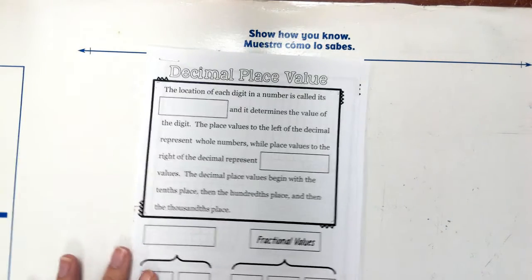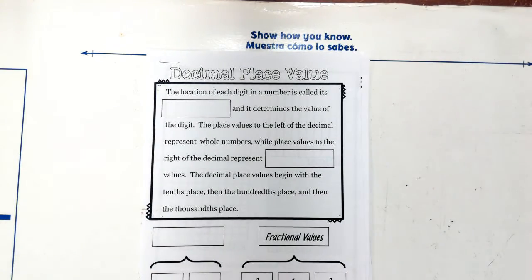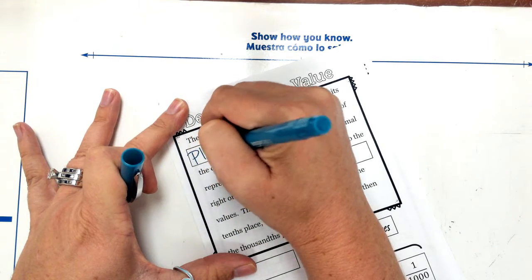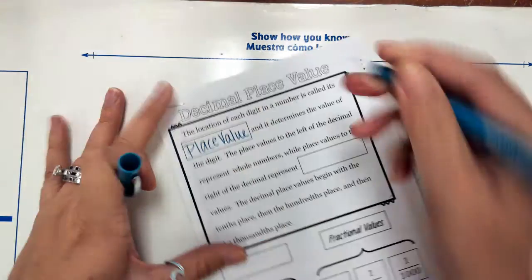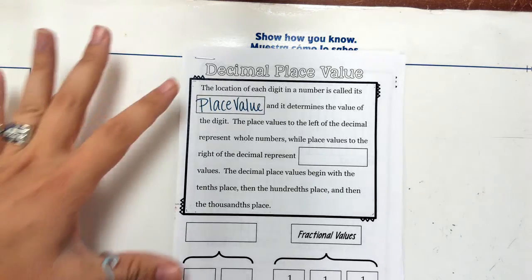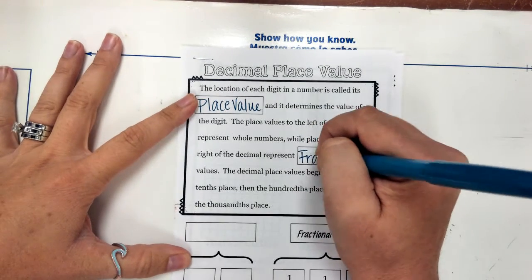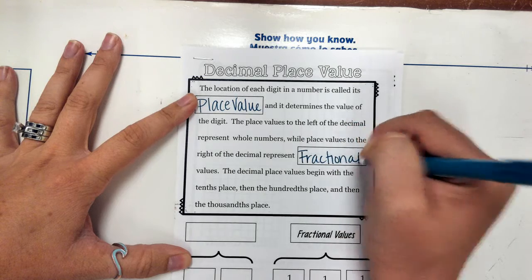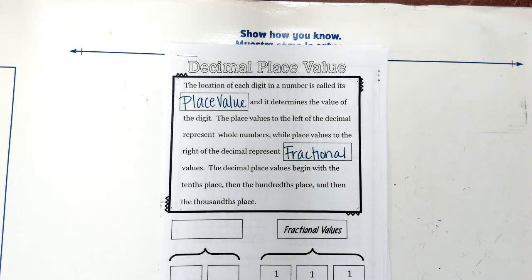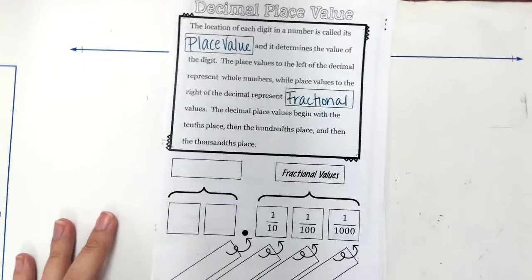Okay, so it says the location of each digit in a number is called what? Well, it's called your place value. It determines the value of the digit. The place value to the left of the decimal represents whole numbers, while the place values to the right of the decimal represent your fractional values. The decimal place value begins with tenths place, then hundredths place, and then thousandths place. So, moving on, we're going to fill in our little